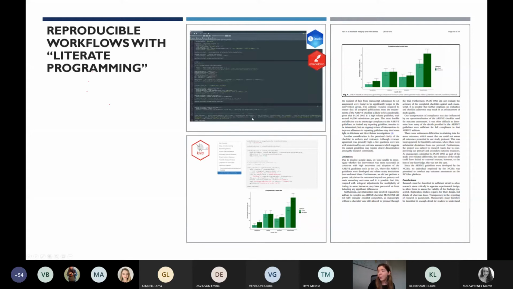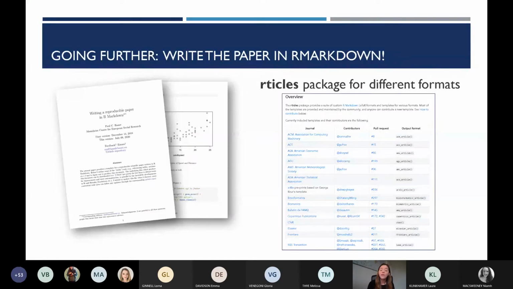So at this stage, I still wasn't super comfortable with R, so I still ended up doing a little bit of copy pasting. I basically copied this graph into the final paper. Nowadays, I'm ready to probably take things a step further again, which is that you can write the entire paper in R Markdown. So this is an example of a paper, a paper about writing a paper in R Markdown. And you can see it's really nicely formatted. It's got an abstract section here. It's got footnotes. You can put graphs in. You don't even have to leave all the code in if you don't want to. There are options to hide the bits of code and just output the graphs or output text.